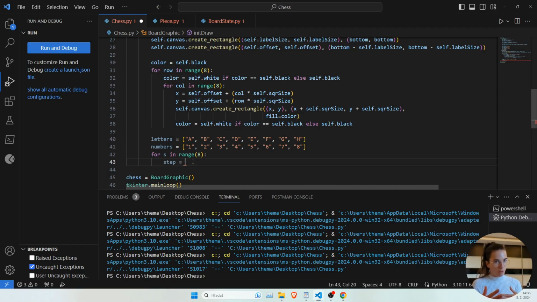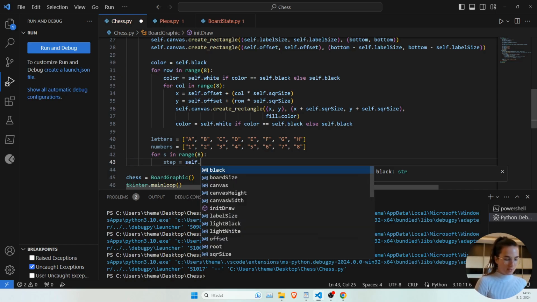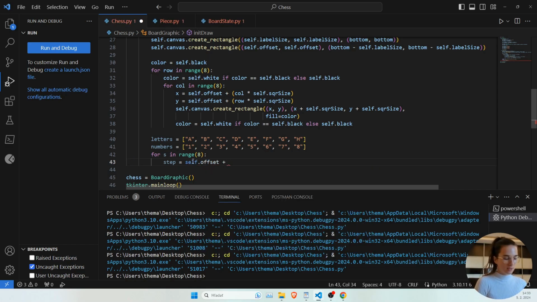But both coordinates or axes will be changing in the same way. So our step will be self offset plus self square size divided by 2. Yes, divided by 2, because we want to put our symbols nearby the squares but in the middle of them,